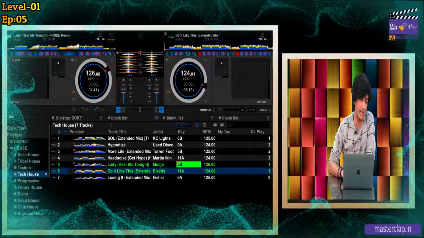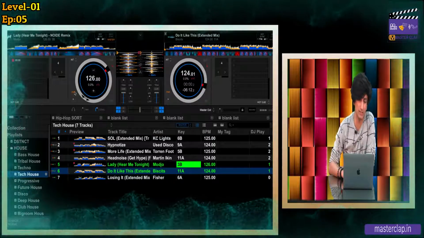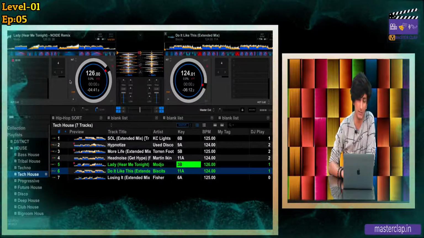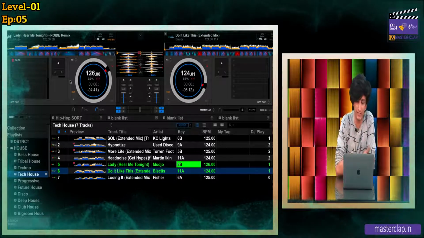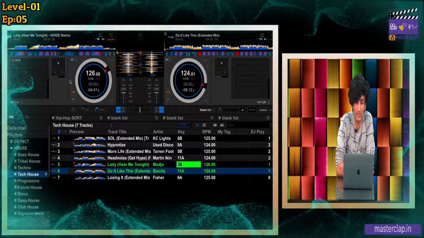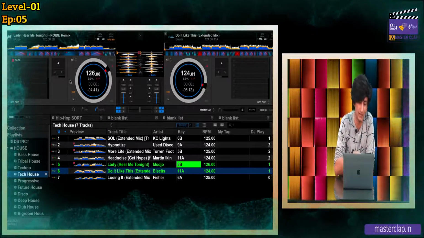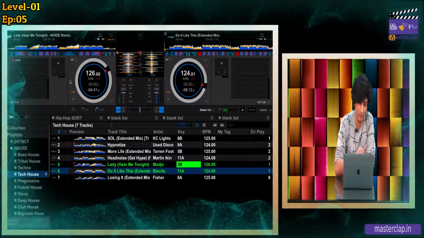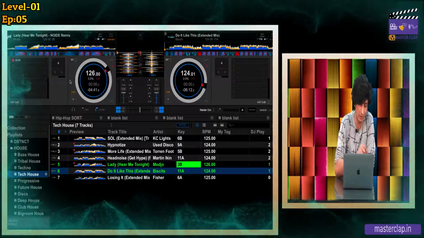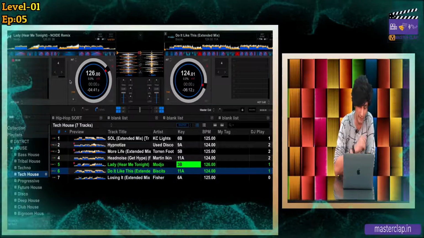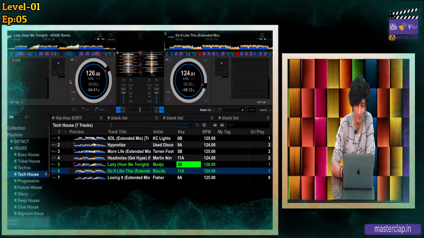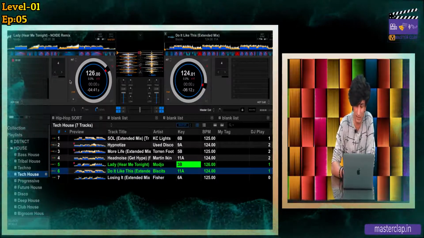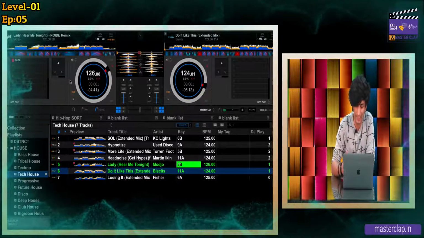So on my left deck, I have a track loaded and you can see that there's a cue and a play button right here. The same steps go on for the DJing software, but in order to make them a little more handy, I've assigned keyboard shortcuts, which is A for my cue and Z for the play. This is for the left deck. Whereas on the other hand, I have another track loaded on deck B, which has a shortcut assigned H for the cue,